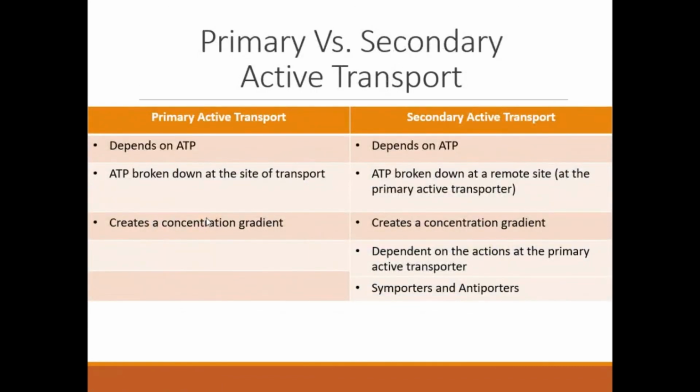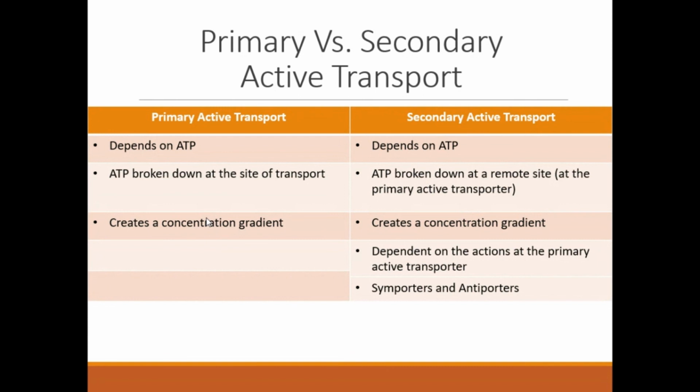Secondary active transport is still considered active transport because it has to meet two criteria. It's ATP dependent, and it creates a concentration gradient. If we check both of those boxes, it's active transport. But we can have a scenario where we don't get ATP broken down at the site of transport. Now, for this,